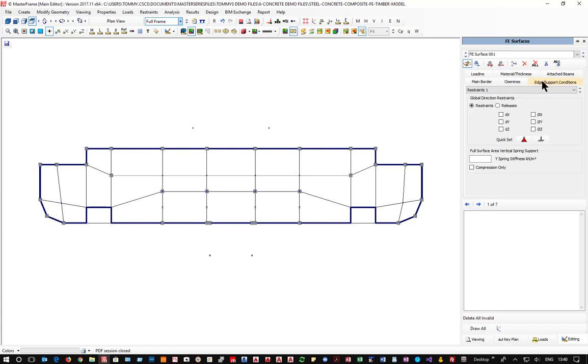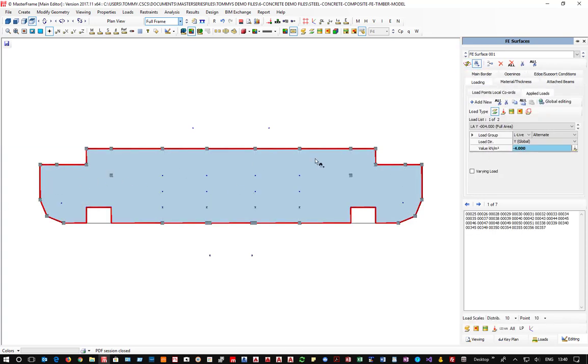Edge conditions, there are none because this is a slab supported by something else. If this was a raft foundation, I would turn around and say, yeah, it's a raft foundation with a spring stiffness of, and give it a 10,000 kilonewtons per meter cubed subgrade modulus, and also compression only if I wanted to allow uplift. What I have done is I've applied loading, just a simple live load,